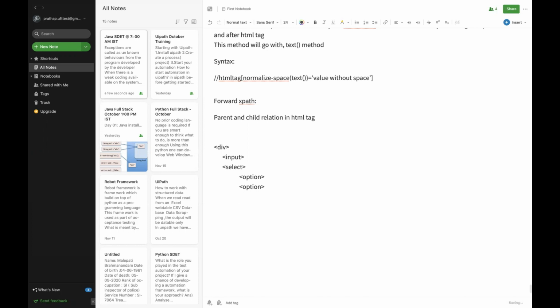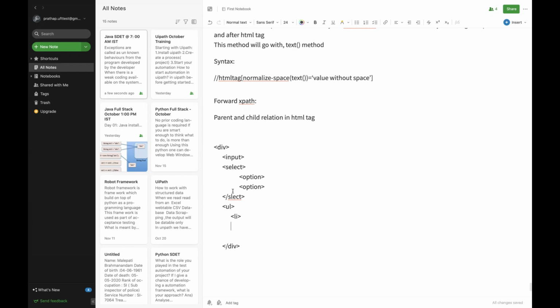Though these examples are not accurate, I'm just trying to give a visualization of the parent and child here. And again, I have a UL tag. Under this UL, I have an LI tag available like this. And my division is going to be closed here. Now, on this HTML structure, how can I identify all the children that are available?